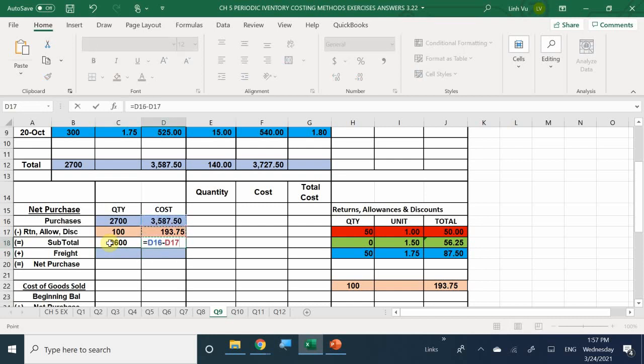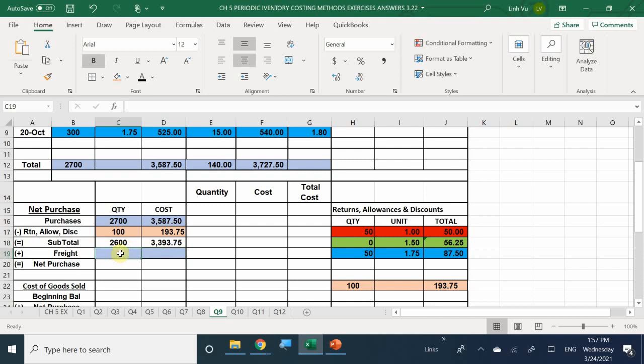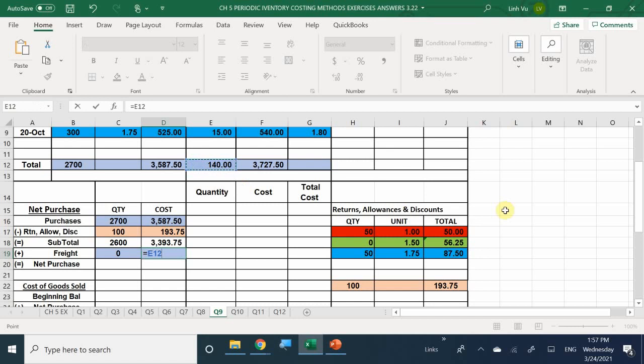We returned them. So yes, there you go, 3393.75. All right. Once again, my freight, where did it come from? Right here. So of course it doesn't increase in quantity, but it does increase in your total cost of 140. So therefore, my net purchases is going to give me